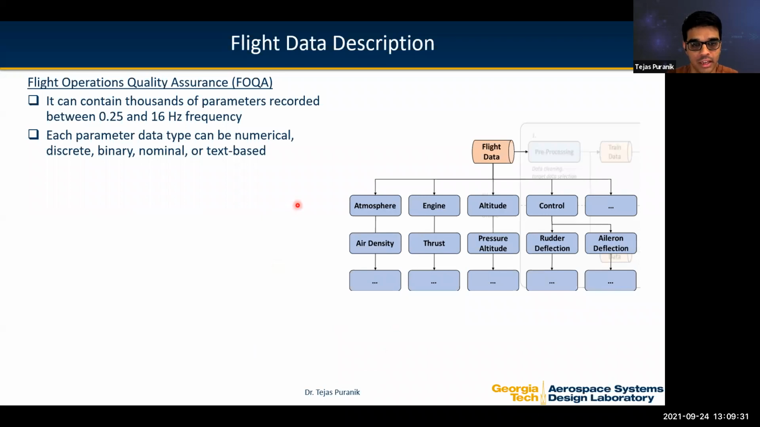So at the very high level, you would have umbrella terms like atmospheric, engine, altitude, control. And then as you drill deeper into these high-level categories, you have subcategories, and then the individual parameters that are recorded. So for each parameter, there could be multiple variants. For example, thrust could be recorded in different units. It could be corrected thrust, uncorrected thrust, and so on and so forth. So this hierarchical structure of flight data parameters is available for this work, and is typically available for